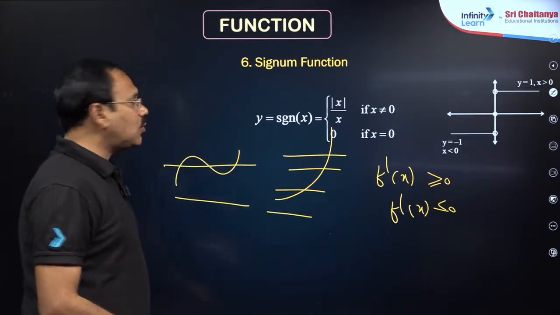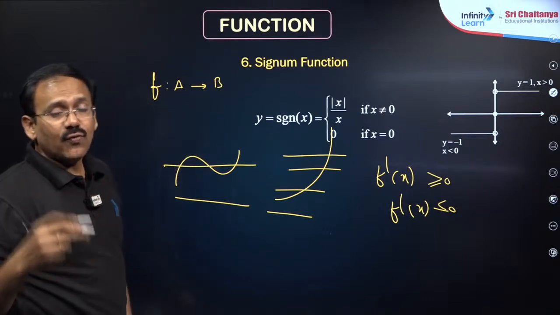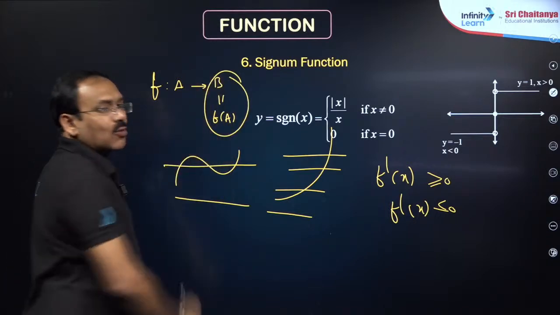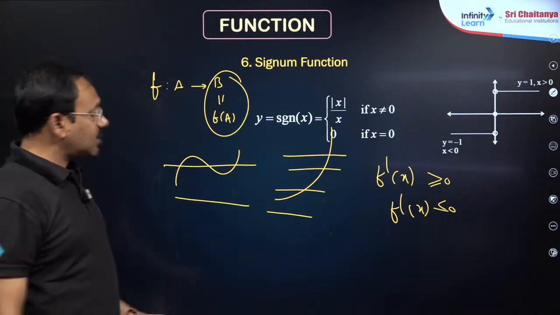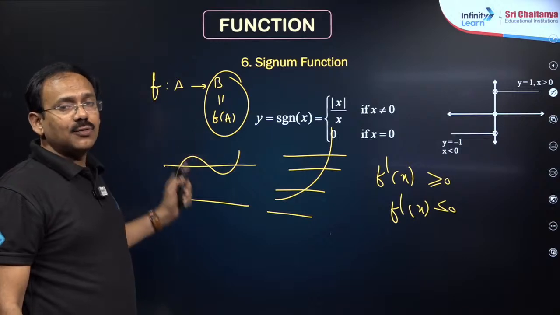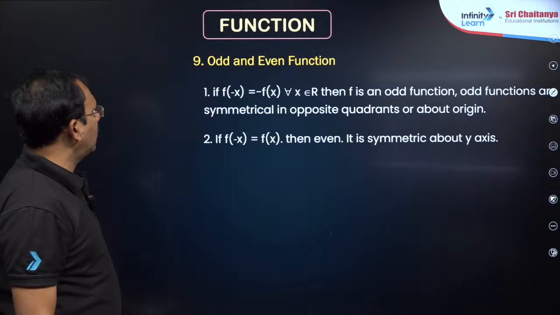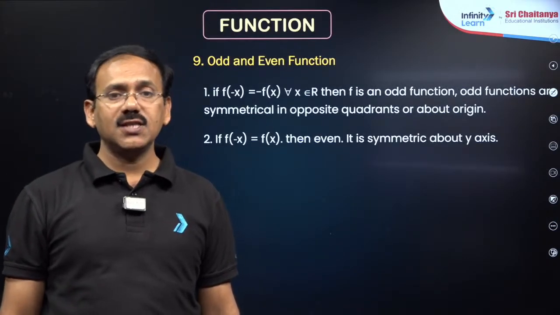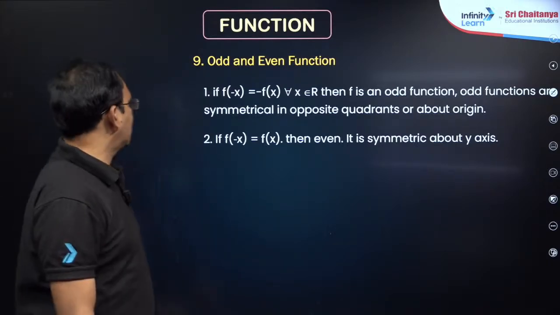Okay. The next, onto: a function f from A to B is given, you try to find the range, that range must be equal to the codomain. If range and codomain are same, the function is onto, otherwise into. So, if a function is both 1-1 and onto, it becomes a bijection, dear students. Okay. Next, dear student, these are all basic: even function, odd function. If f of minus x is f of x, it is even. F of minus x is minus f of x, it is odd, my dear friends.